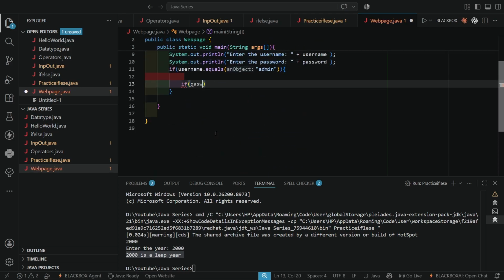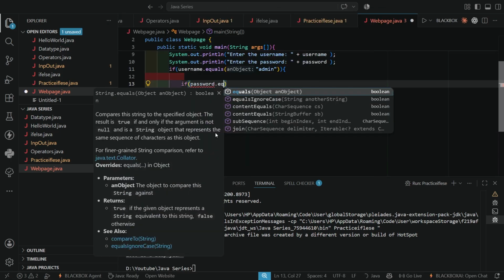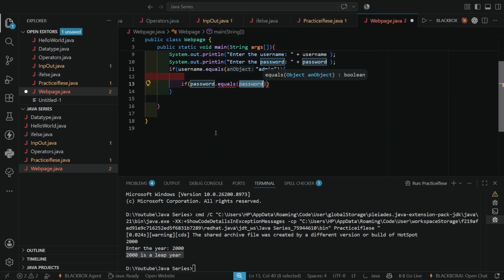Now, whatever password you are entering must be equal to this, which is the password.